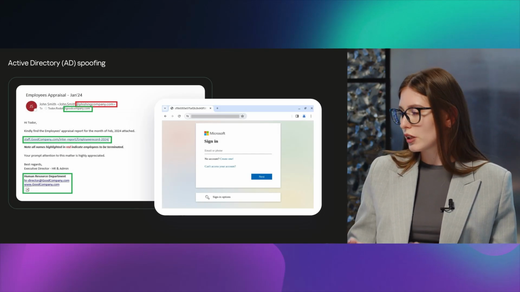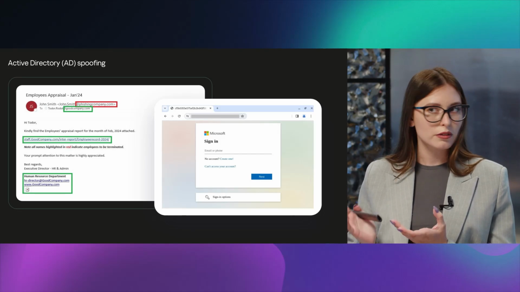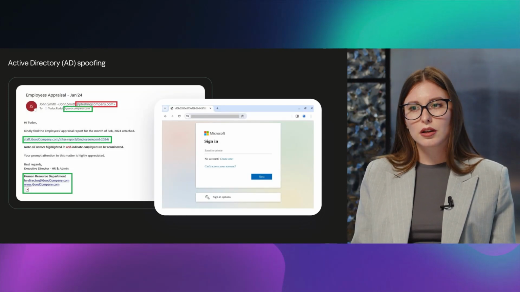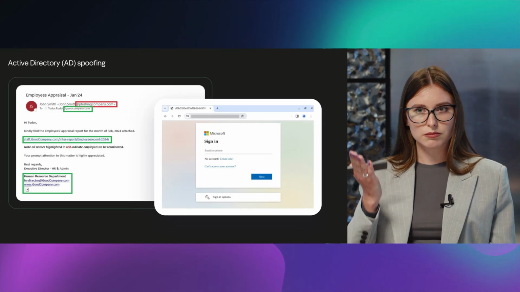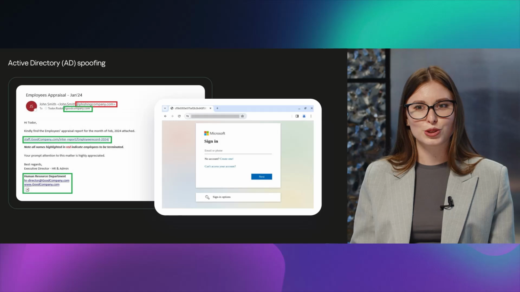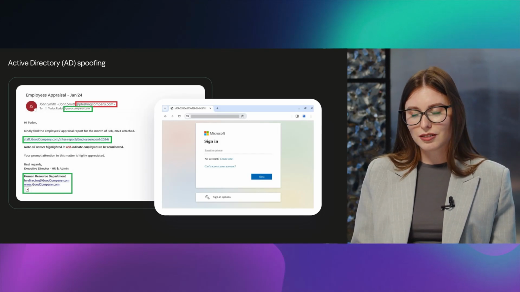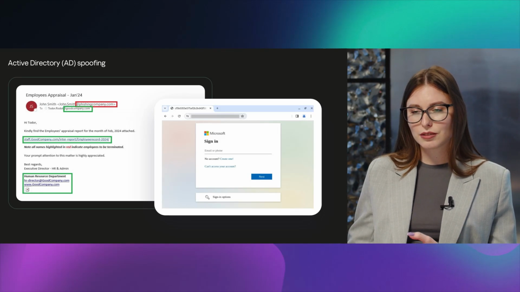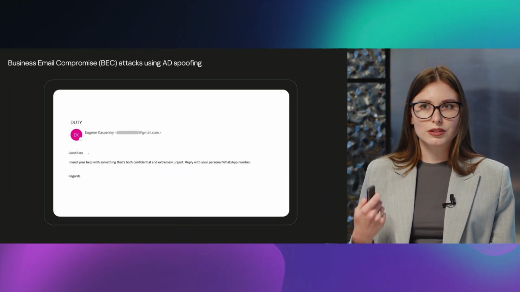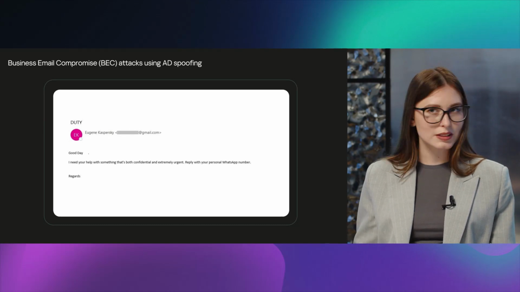If we consider the message more carefully, we will see that the text formatting is close to a legitimate message, as goodcompany.com is mentioned and the signature looks real. But the domain in the from field is phishingcompany.com, which absolutely has no connection to our organization. If a user doesn't notice this mismatch, he will get to a phishing website imitating a Microsoft login form. And AD spoofing is widely used in BEC attacks. BEC, I mean business email compromise.